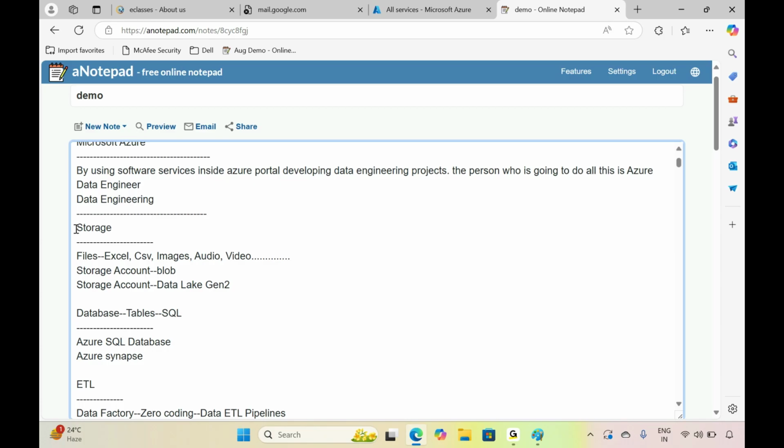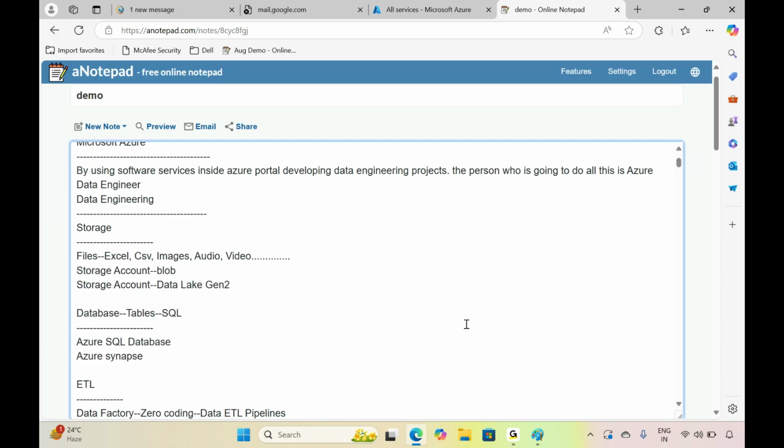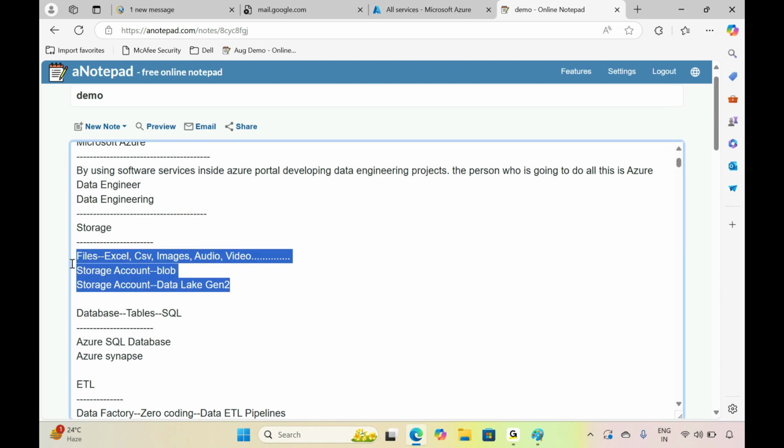He is going to use some services related to storage. From a storage point of view, we have storage account with Blob, storage account with Data Lake Gen 2, Azure SQL Database, and Synapse. These four services we use for storing data based on the type of the data. For example, if your data is in files, such as Excel, CSV, image, audio, video files, then we use these two services to store the file system data.